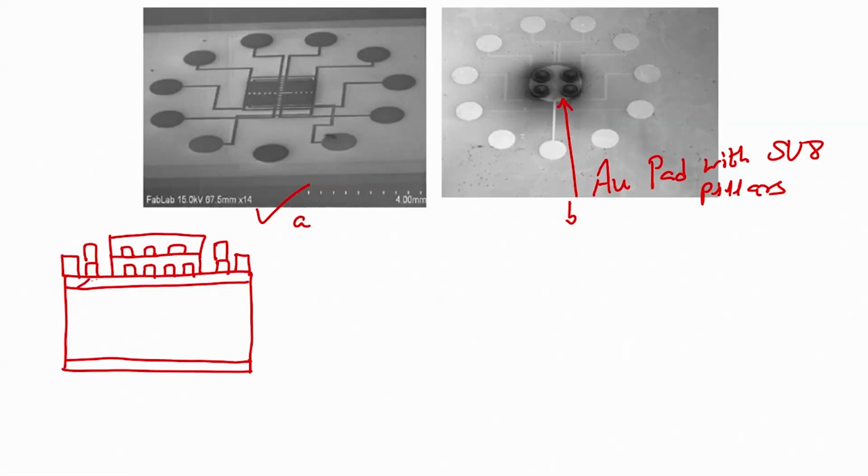So, if I just draw it to make sure that we, you guys and me, are on the same page. What is this? This is your SiO2, this is silicon, this is SiO2. Then what is this one? This is again SiO2, right, insulator,